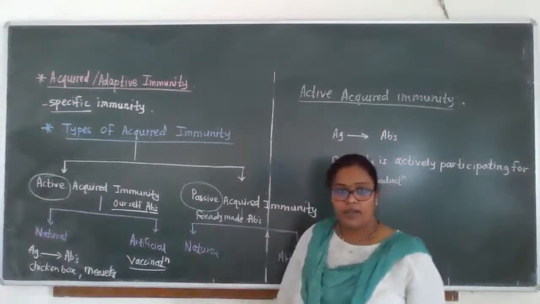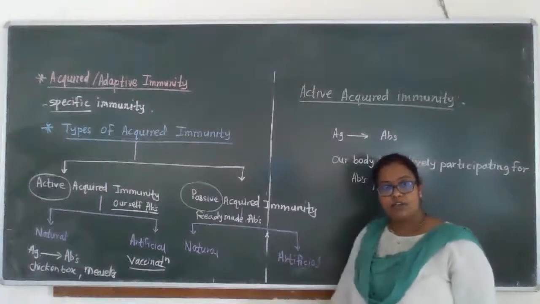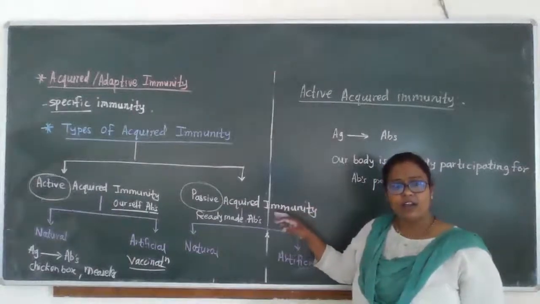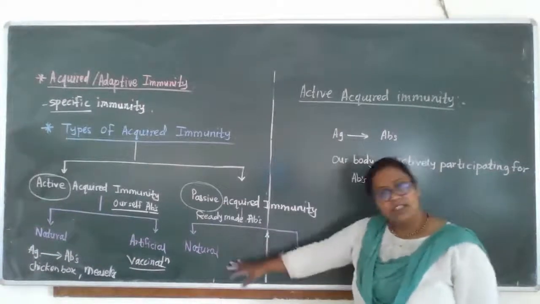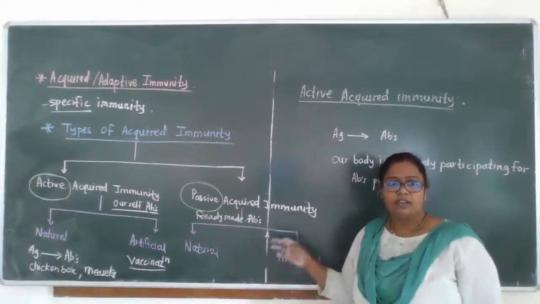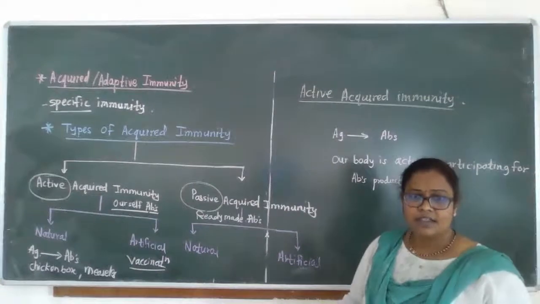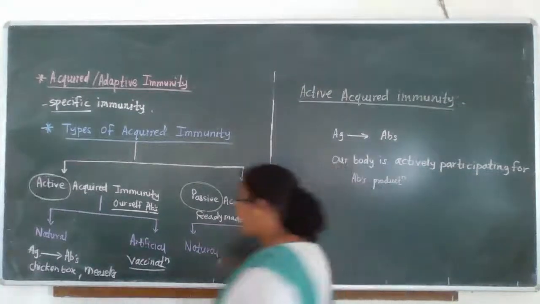Passive acquired immunity. It is divided into natural and artificial immunity. Passive means we are just taking ready-made antibodies from another person. By natural way, from whom are we getting the antibodies? Yes, that is our mother. Okay, so from our mother